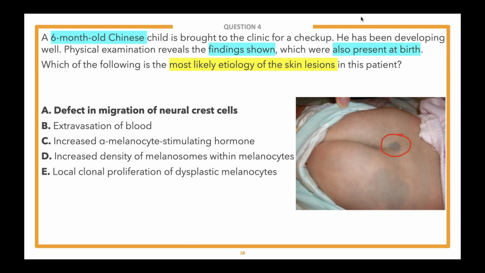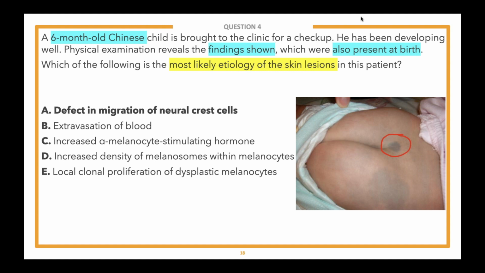Answer choice D, increased density of melanosomes within melanocytes. That's actually a normal thing that can happen, and that's what causes variation in skin color. So people who are of darker skin type or phenotype usually have more density and activity of melanosomes within melanocytes,